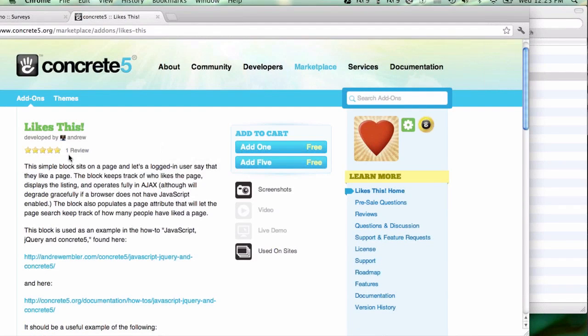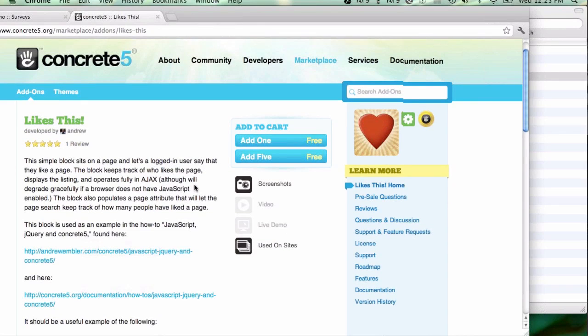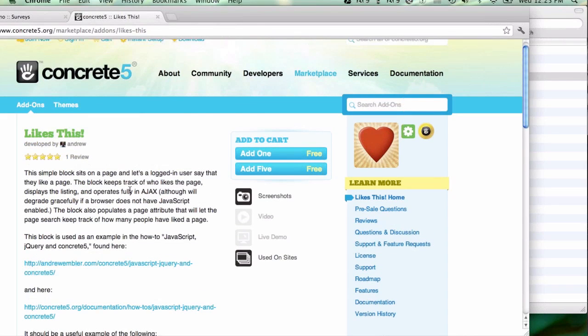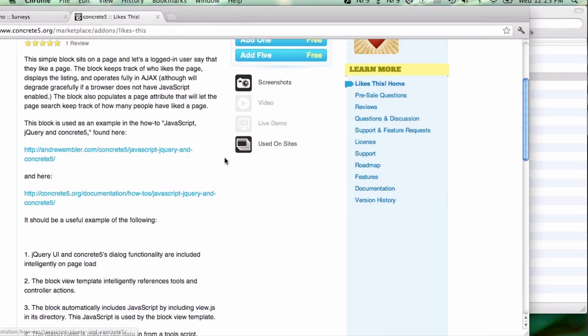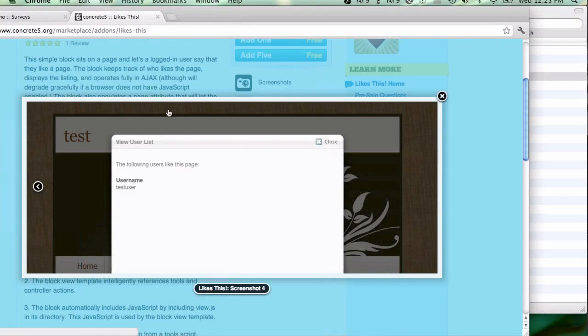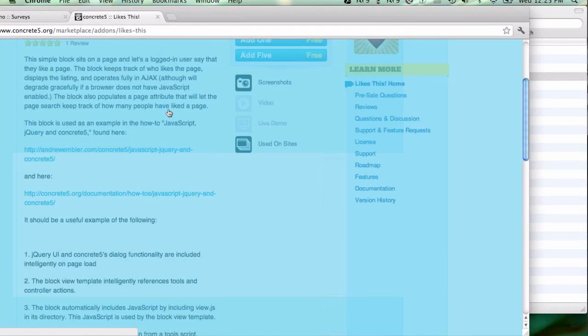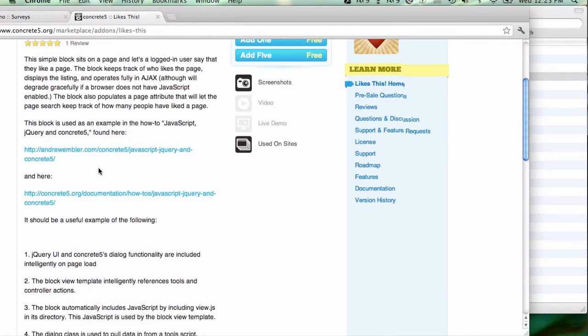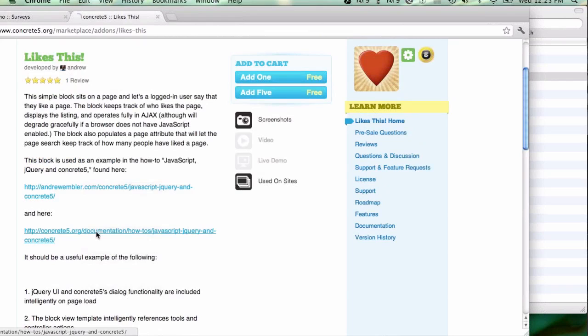Yeah, so the likes block, if you can find that in the marketplace, is used in a how-to. It gives a really good example of how to use tools, how to do stuff behind the scenes. The view for this block shows something like this. If you click "I like it," it actually keeps track of who likes what behind the scenes. And the how-to that goes with it is